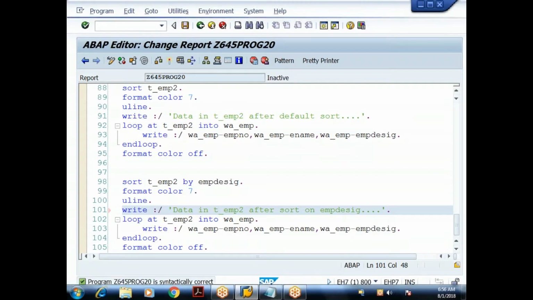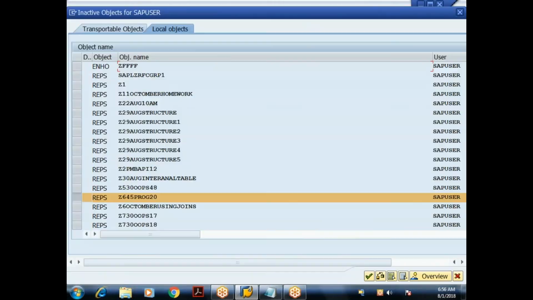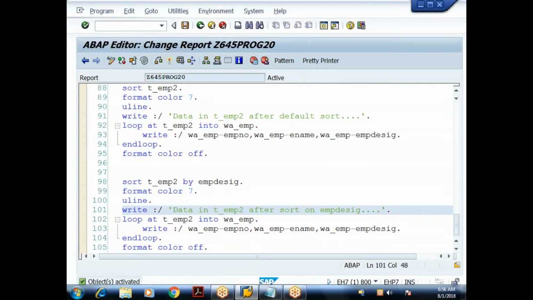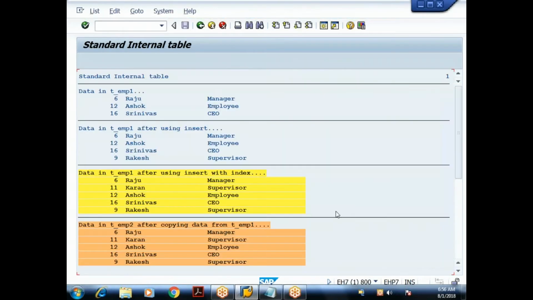Activate this. Okay, let me execute. Yeah, you can observe at the end here.